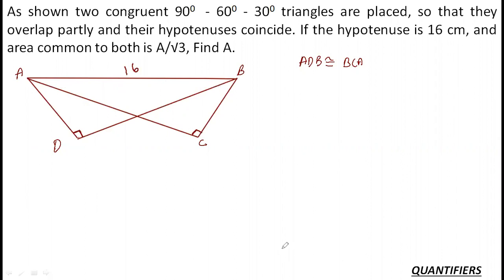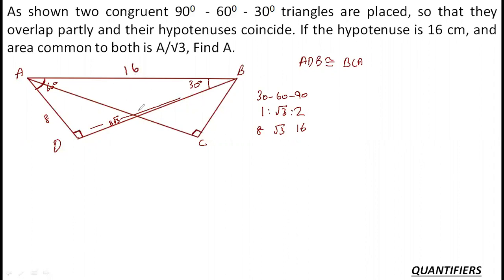And I know the triangle is 90, 60, 30. So by symmetry, let's say this is 30. This is 90 and this complete is 60 degree. Right, complete angle DAB is 60 degree. Now it is a 30, 60, 90 triangle. First thing that I know, in a 30, 60, 90 triangle the sides are in the ratio 1 is to root 3 is to 2. So if the side in front of 90 is 16, then this is 8 and this is 8 root 3. Right, complete. So this is what I know till now.